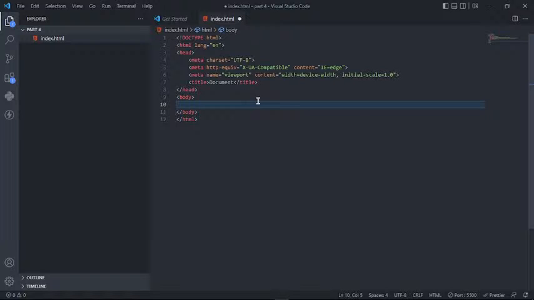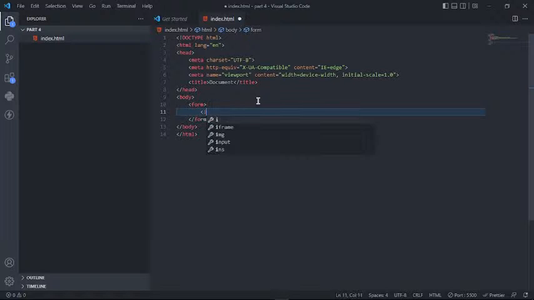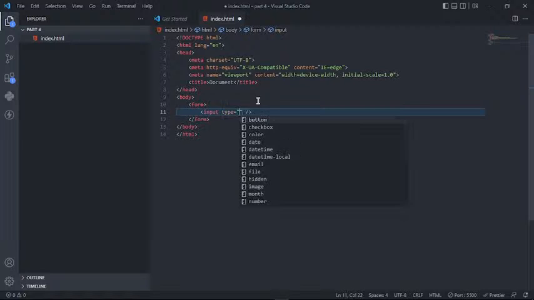So let's get started by typing the form element. Now the form element, as I said, contains other input elements. It's like a container that groups input elements section by section. Okay, and inside it we can add our input element, and then we close it. Now the input element has what we call a self-closing tag. It doesn't have another separate closing tag. It has a / before the greater than sign, and then it has a property called type. Now this type property will allow us to specify which kind of